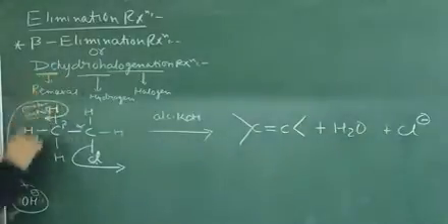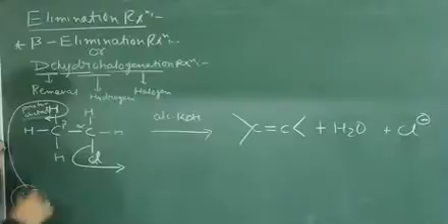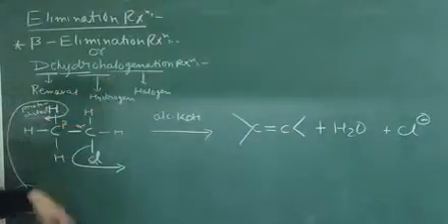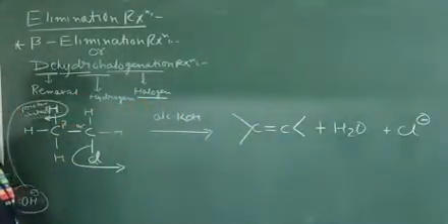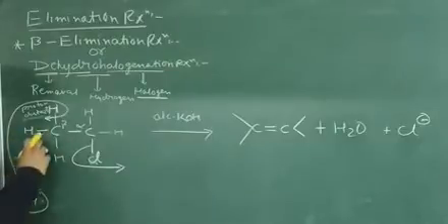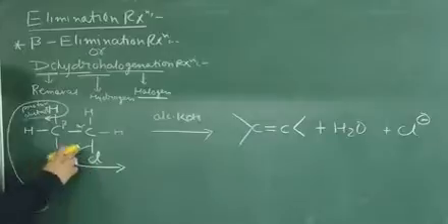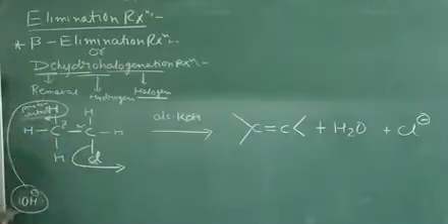De means something is going to be removed. Hydro refers to the hydrogen, and halogen means any of fluorine, chlorine, bromine and iodine. Clear? This is going to be explained with an example. Suppose that this is the alkyl halide. The carbon is attached to the halogen, and this is the alkyl part.